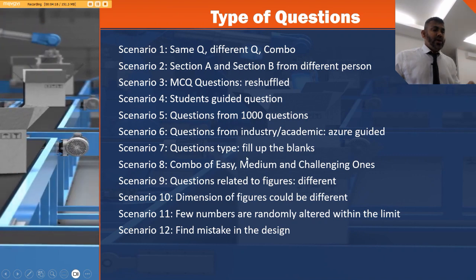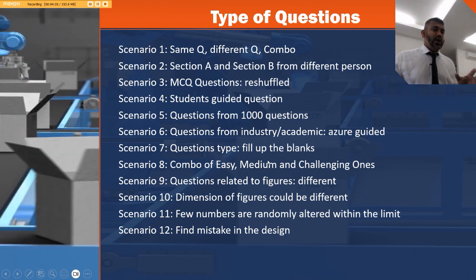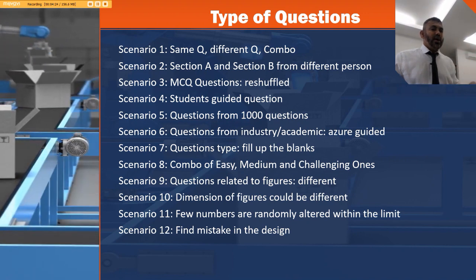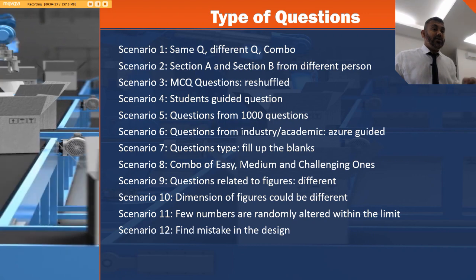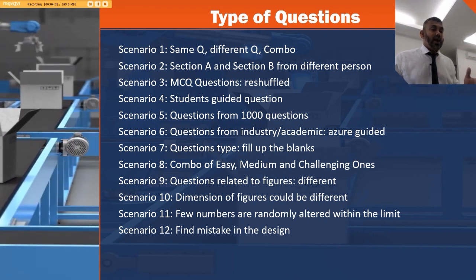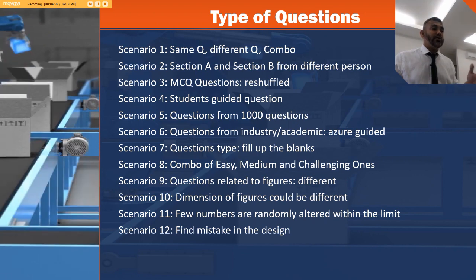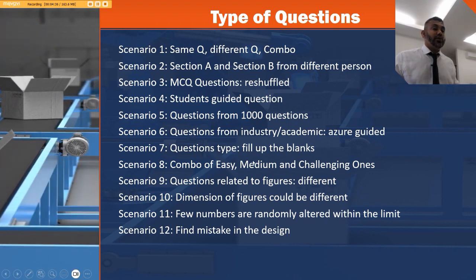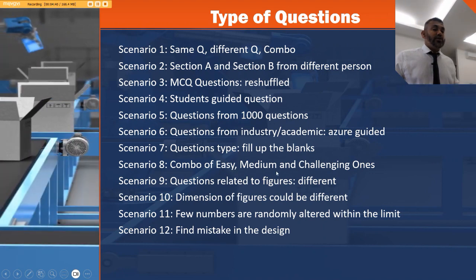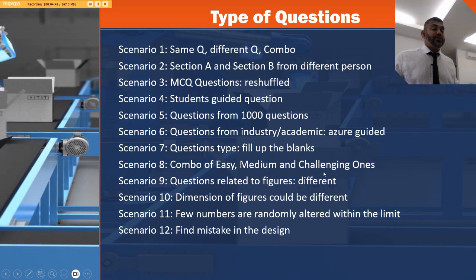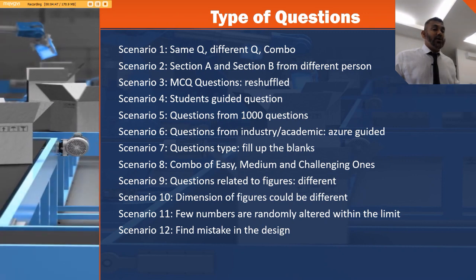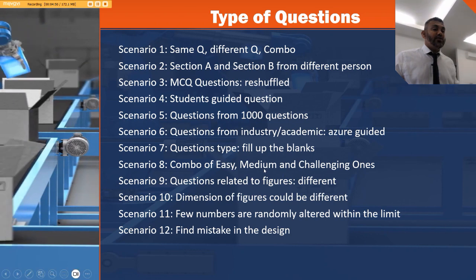Question type: fill in the blanks. So Python can delete some of the words or some of the numbers from your solution randomly, and give it to the students, and it could be random, meaning to say your number of blank spots would be different from somebody who is sitting next to you, which is beautiful. It could be a combination of easy, medium, and challenging questions, so you can mix. Because you do not want everybody having the same difficult question or the same easy questions.